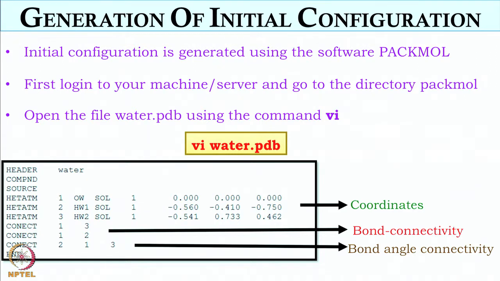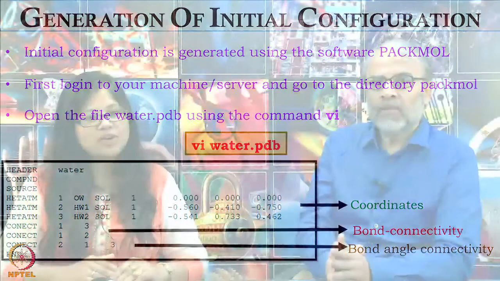So I will urge you to calculate these bond lengths. Now suppose you want the distance between two hydrogen atoms. You can calculate from here because you have x1, y1, z1, x2, y2, z2. So if these are the two coordinates, the distance between them is the square root of (x2 minus x1) square plus (y2 minus y1) square plus (z2 minus z1) square. So that will give you the bond length between two hydrogens.